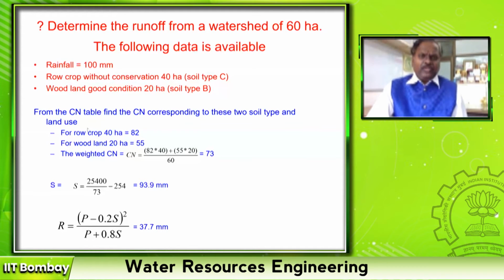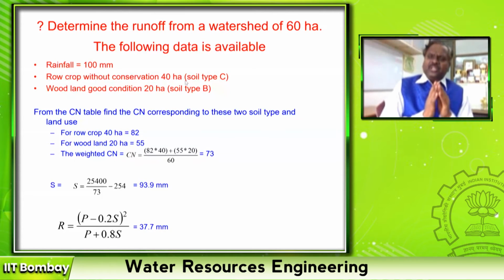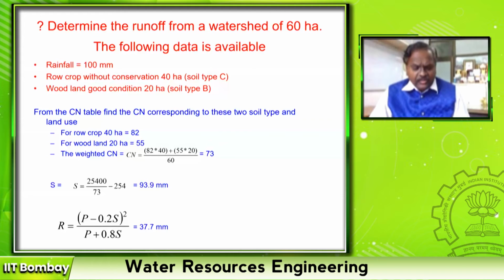But in this case, we have used a weighted curve number. Nowadays, in distributed models, we also see the introduction of the SWAT model. By using the SWAT model, I can build a distributed model, or they call it a semi-distributed model. Instead of using a finite difference or finite element model, here I group a catchment area having similar catchment characteristics, soil type, infiltration type, rainfall, temperature, everything, and call that one hydrologic response unit, HRU. So it's homogeneous.